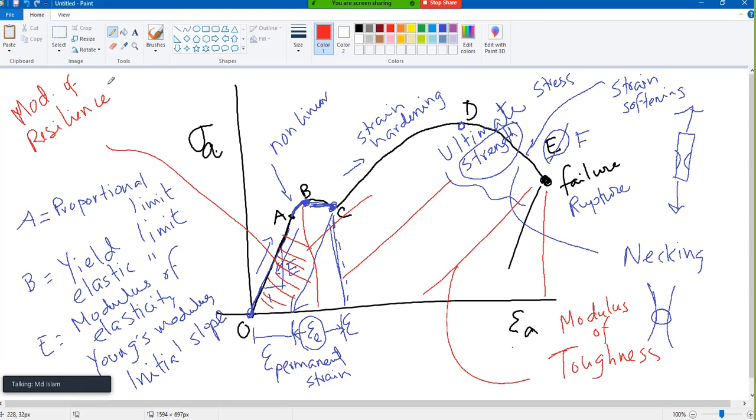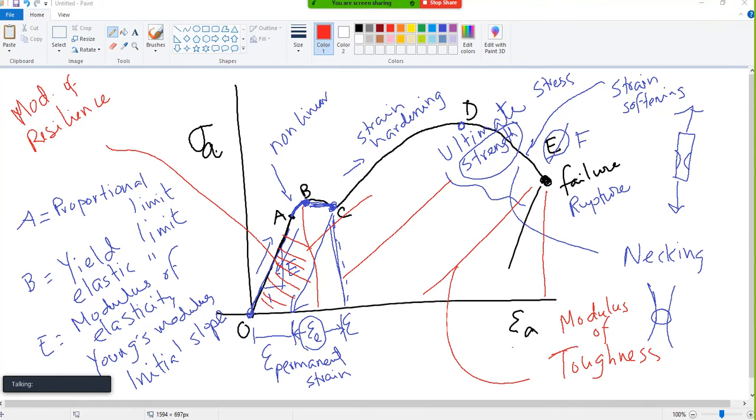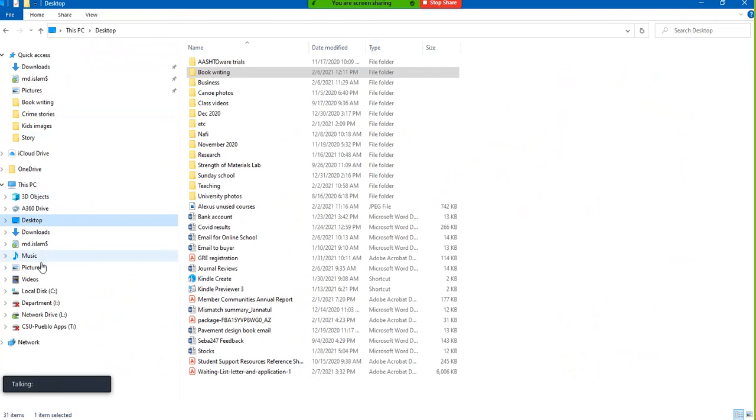Okay, so hopefully this is the figure. I don't know what the difficulty in this figure is, why you do not understand. It's clear. So hopefully you understood it. Then what I will do, I will show you some video.